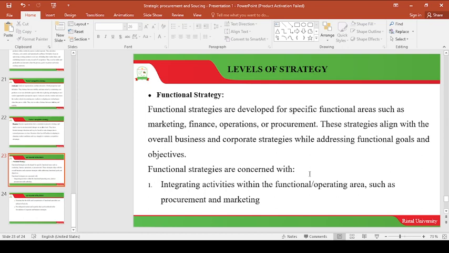So the procurement department is capable of providing these services or sourcing for these services such that the organization can achieve its intended purpose. And the marketing department should also be integrated